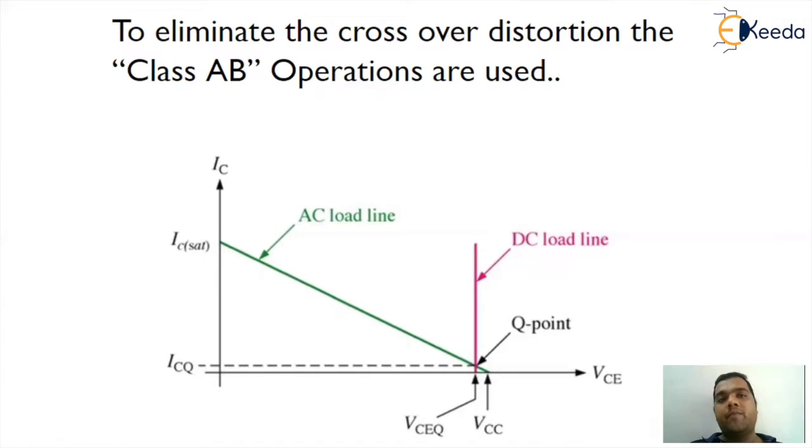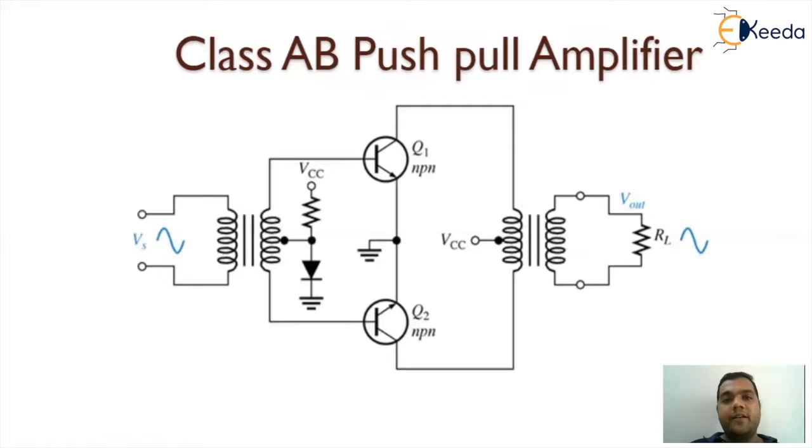To eliminate this problem, it was decided that a small amount of minimal biasing will be provided for both the transistors, and that concept is called Class AB power amplifier. So you can see clearly here, suppose the original circuitry was a Class B push-pull transformer coupled power amplifier. To provide a voltage of plus 0.7, since both the transistors are NPN transistors, you can see an additional arrangement at the center tap point where you can see a VCC battery, a resistor, and a diode connected to ground. Under the on state, when the VCC power is on, the diode will turn on and will retain a drop of 0.7 across it.